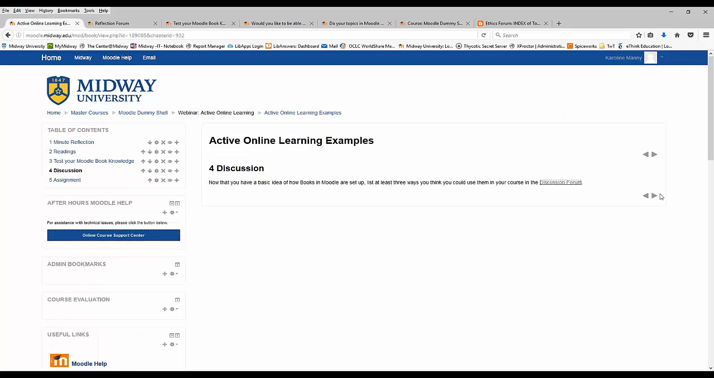And then finally, I built in an assignment. Choose one of your ideas from the discussion forum and create a storyboard of the activities that you would include in your Moodle book. Turn it in as a Word file here, and if you click on that, it would take them to the typical place that you're used to looking at where you would turn in an